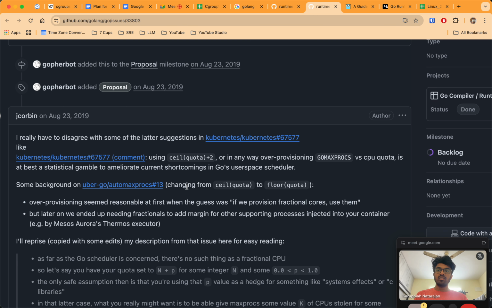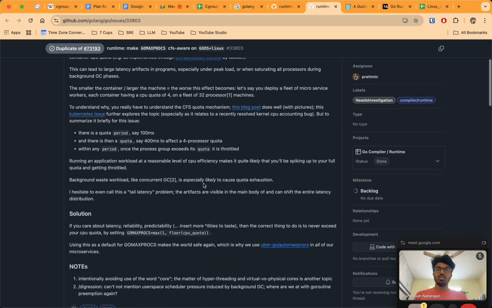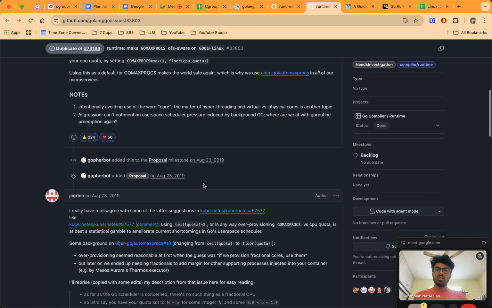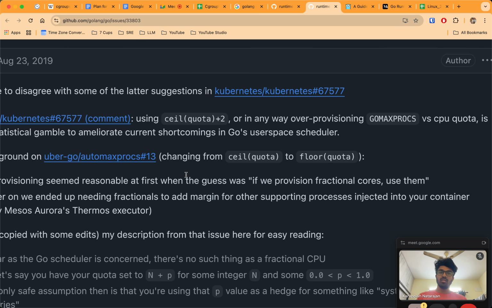This is statistically a gamble to ameliorate current shortcomings in Go's user space scheduler. It's the same person basically. They're talking about some disagreements.